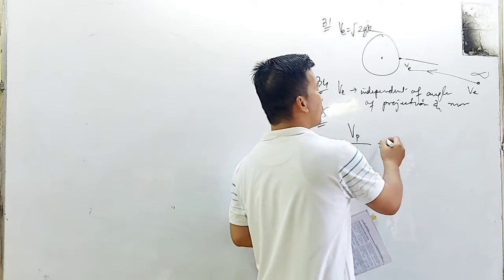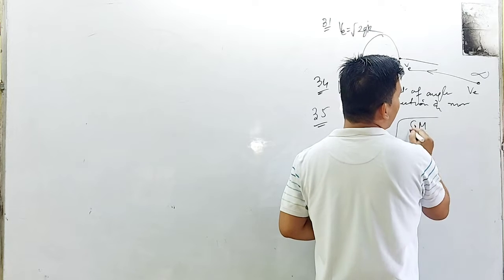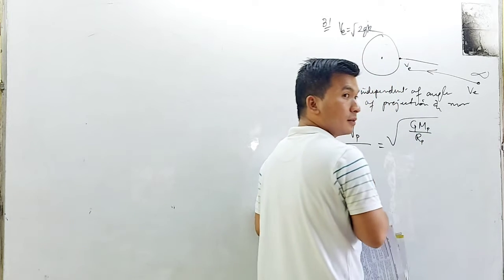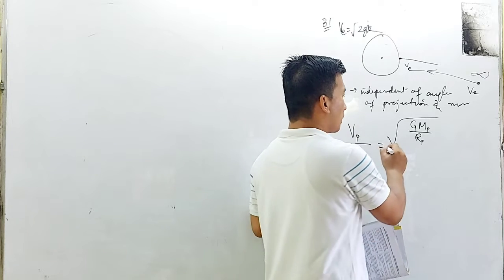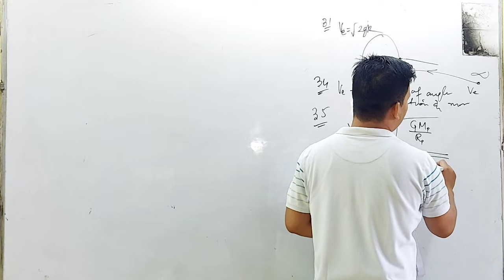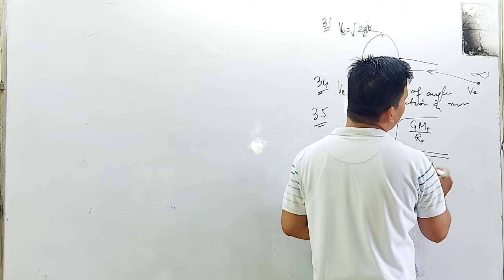We are going to use this formula: root over G M divided by the radius of the planet. This is M_P, R_P, divided by root over G M_E, this is the mass of the planet Earth, and this is